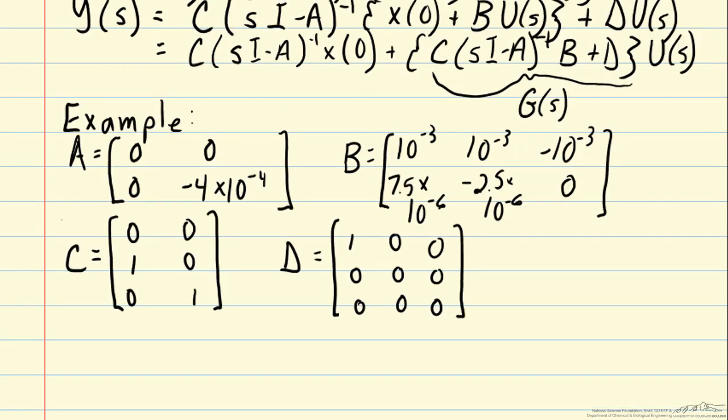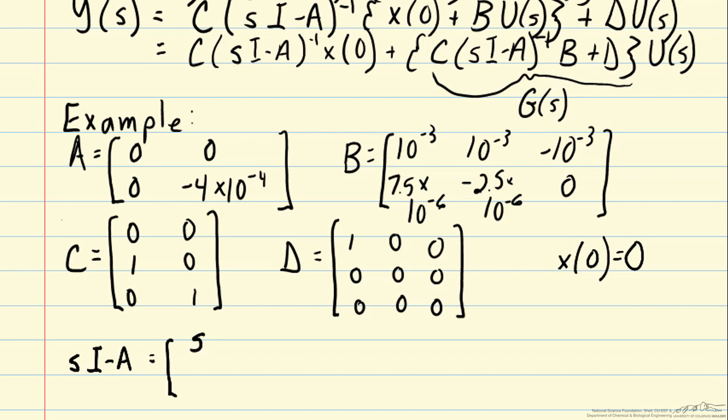Now that we have the numerical values for A, B, C, and D for the blending process, we can go ahead and calculate the process transfer function. So if we look back at our Y(s) equation up at the top of the screen, we have two terms, one for the initial condition. In this example, we will assume that we start off with 0 deviation. So we can focus on the second term. And if we want to calculate G(s), the first thing we need to do is to calculate sI minus A,